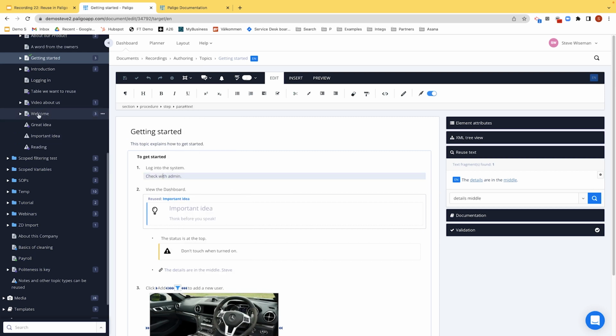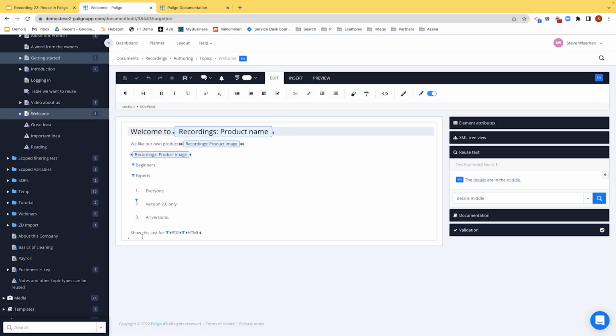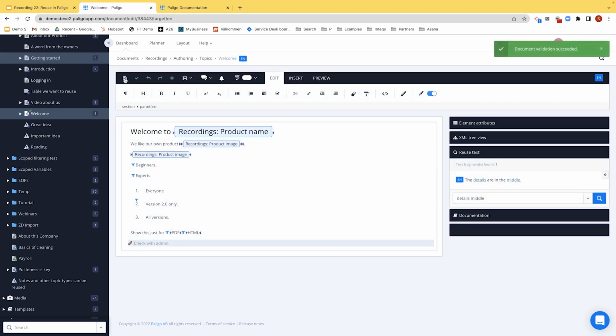I could, for example, go into welcome, go to the end, click on the section, and the same as before, insert and insert as reuse. If I do insert as reuse, that paragraph is now being reused there as well. Very simple. I can also copy and paste other elements, but I want you to understand the implications of doing